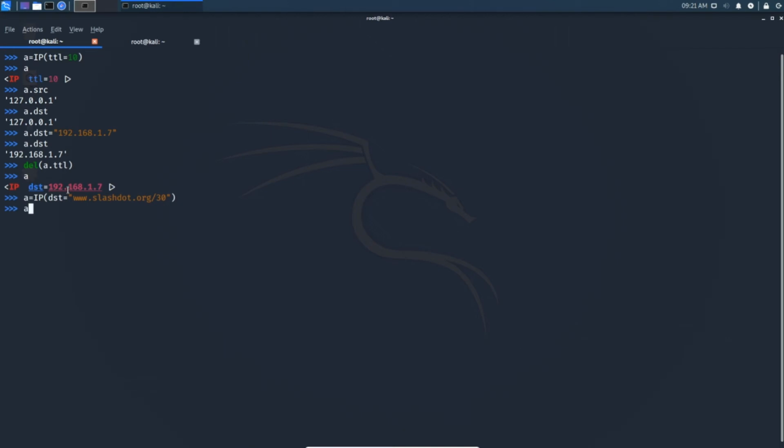Now let's print what is the content of a. Okay, and if you want to create the packets, you can go with this. This is called list comprehension in Python. Okay, let me click. So these are the destinations that we got.